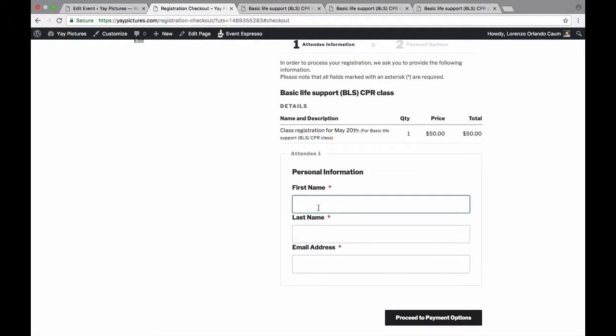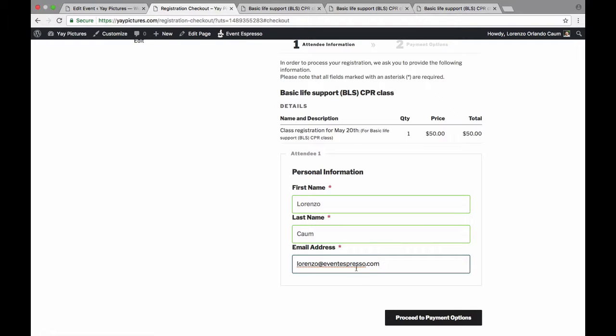Note that you can definitely create custom questions and then ask those from your guests, and then they'll be requested on this page here. However, for this event, I did not create any custom questions, so Event Espresso is simply requesting the defaults. So I can go ahead and enter in the information that is asking for,